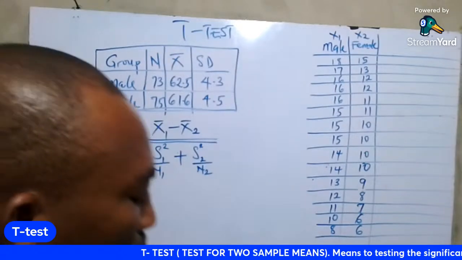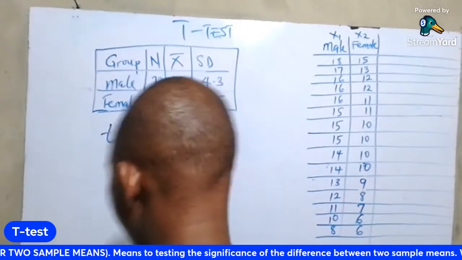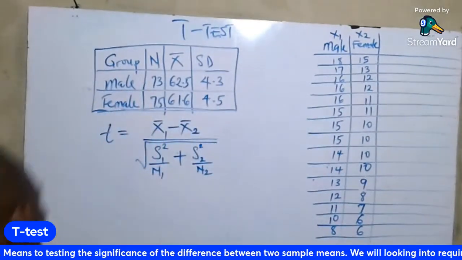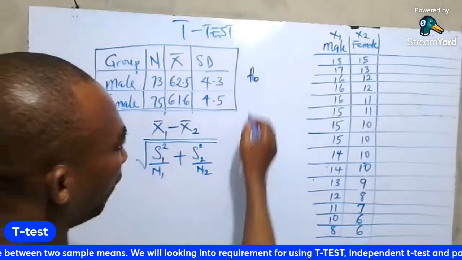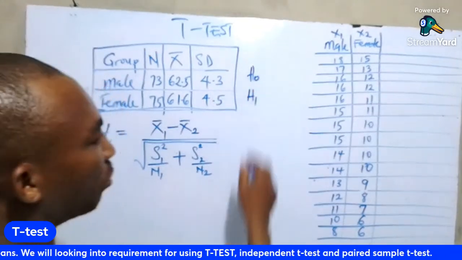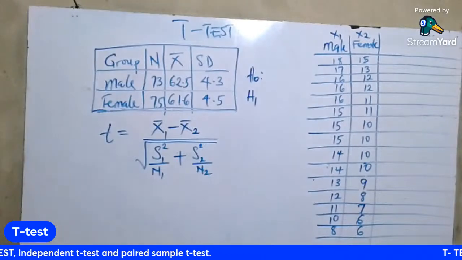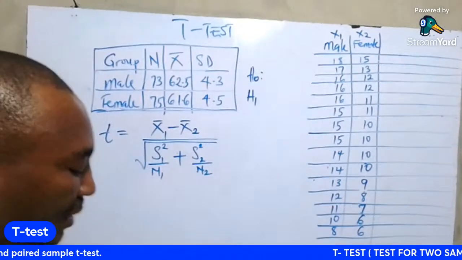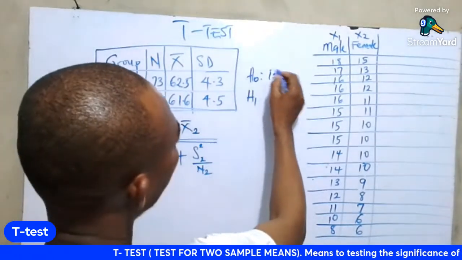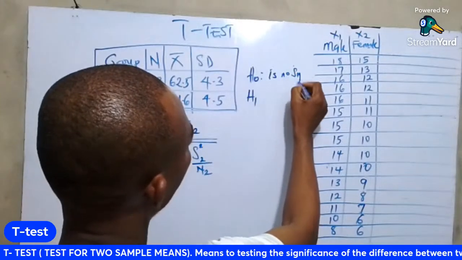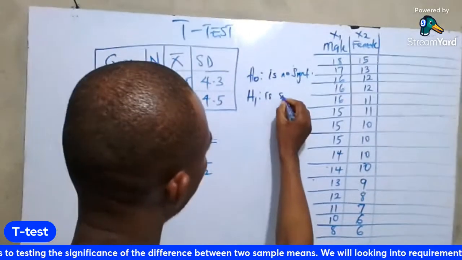So we got these values as obtained, and you want to look at whether there is a significant difference between the two. Of course, don't forget that the first thing to do is to set your hypothesis. The first hypothesis, which is the null hypothesis, and the other one, which is the alternative hypothesis. The null hypothesis for this, since the researcher is investigating the gender difference in the student achievement test, so that means there is no significant